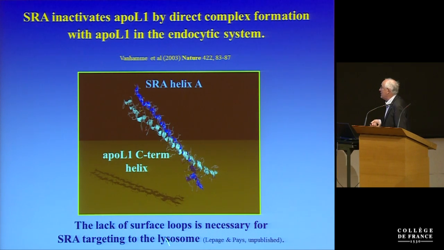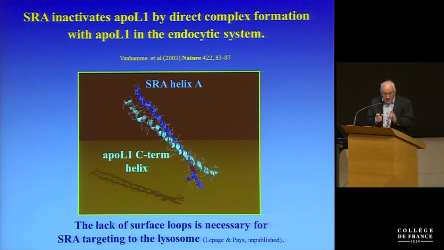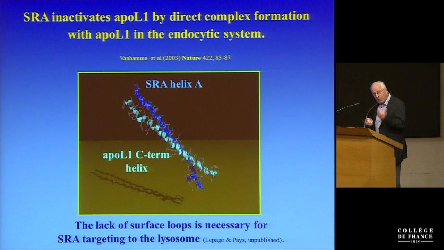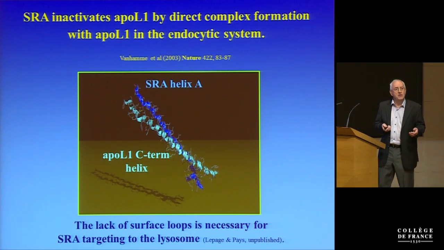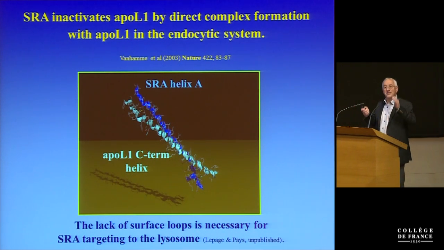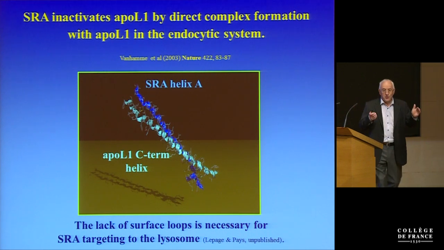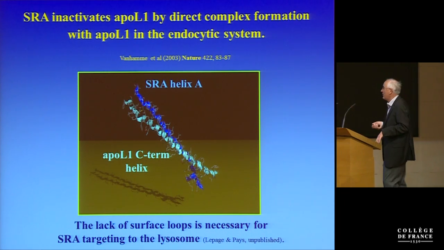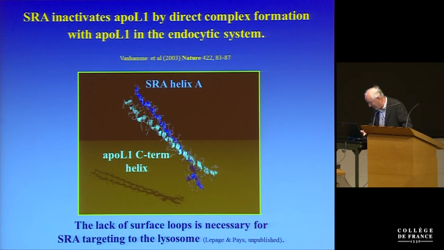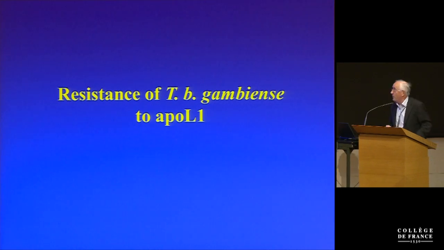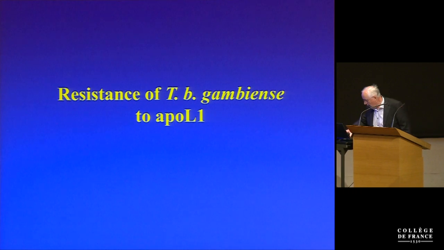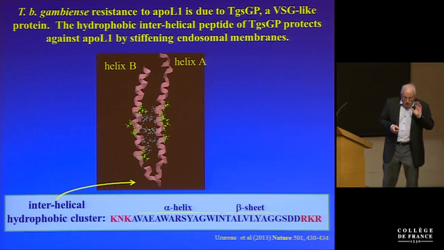And actually to find ApoL1 and neutralize it by direct interaction, of course, you have to go to the endocytic system. And in trypanosomes, it's known that defective VSGs are targeted by default to the endocytic pathway for degradation. So this very system was used to resist the toxin that was made by the host. Personally, I found it remarkable, but you may think otherwise. So this is it for T.b. rhodesiense, and let's go to T.b. gambiense now. How does it resist TLF? Long and very difficult work.